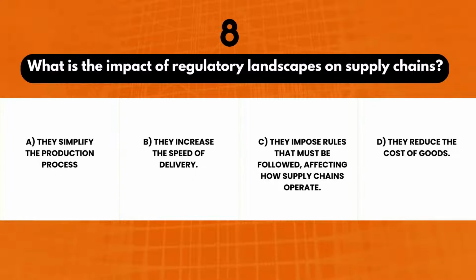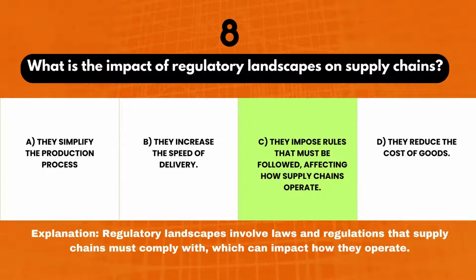8. What is the impact of regulatory landscapes on supply chains? A. They simplify the production process. B. They increase the speed of delivery. C. They impose rules that must be followed, affecting how supply chains operate. D. They reduce the cost of goods. Correct answer, C. Explanation. Regulatory landscapes involve laws and regulations that supply chains must comply with, which can impact how